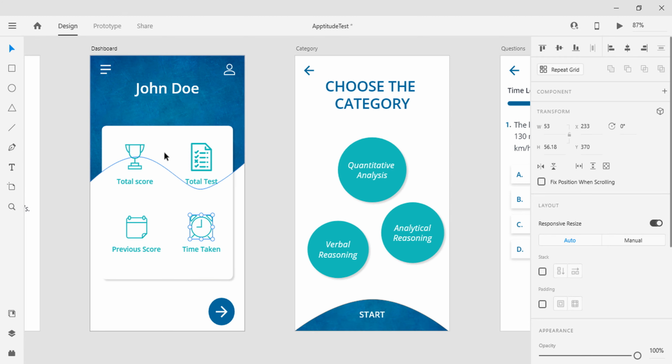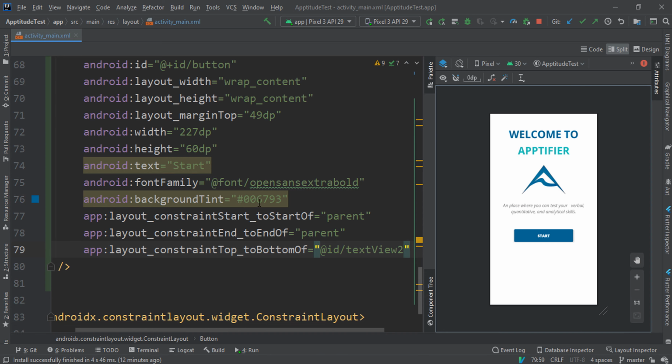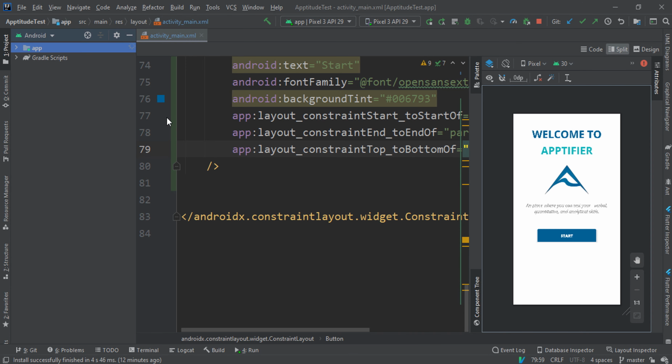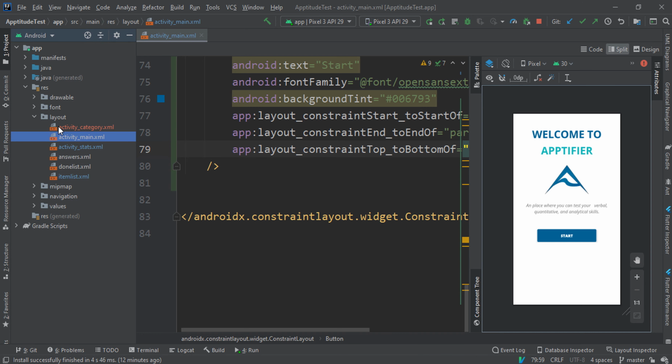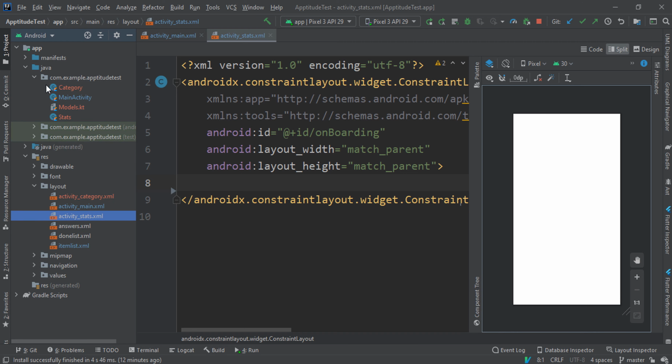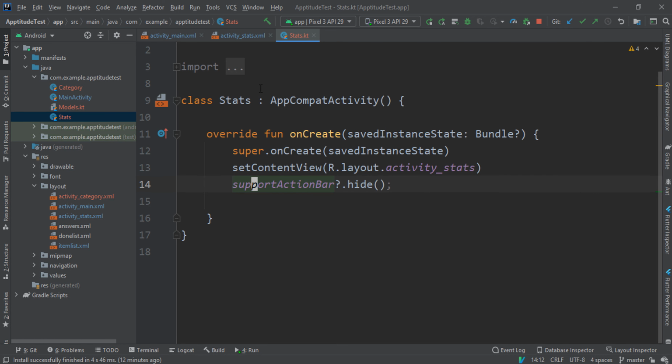And we also have this nice looking background, and let's go ahead and work on that one. So let's just go ahead and start. On this over here, we are gonna click on this to locate that file. So you can see we already have a start file that we created. So the way we came about this was to make sure that in your Java folder, you create an activity that generates a file for you. So that activity name was called stats. So make sure your activity name is called stats, so that whenever you create an activity, it's going to name